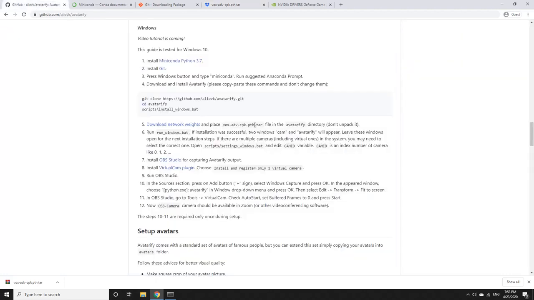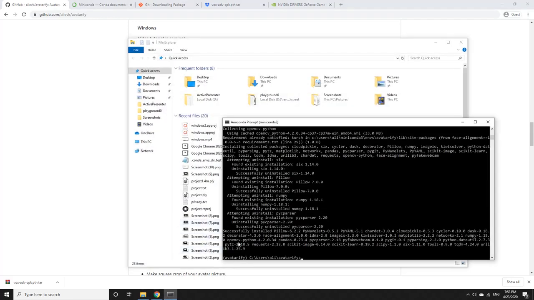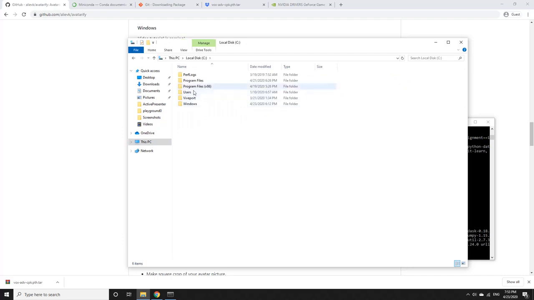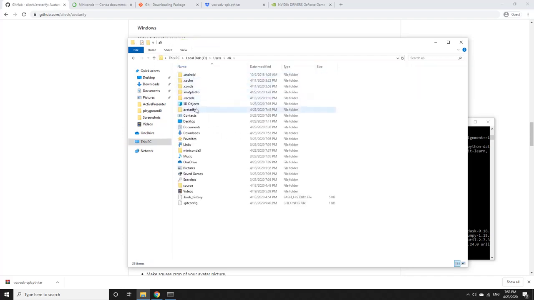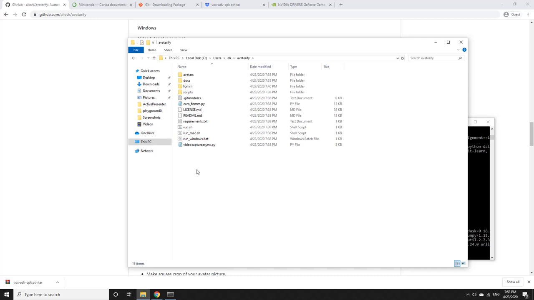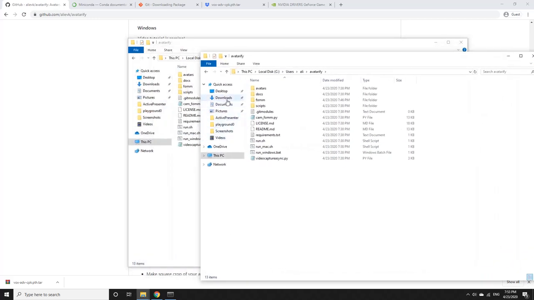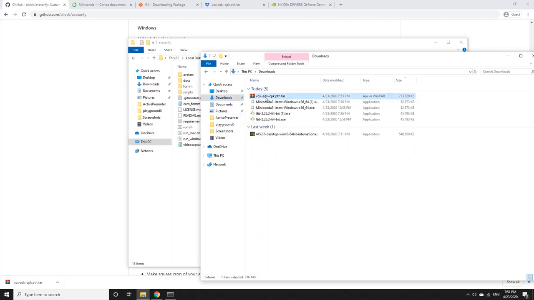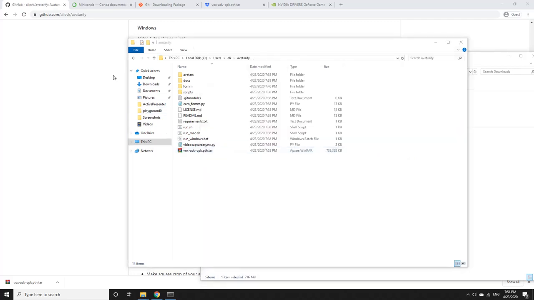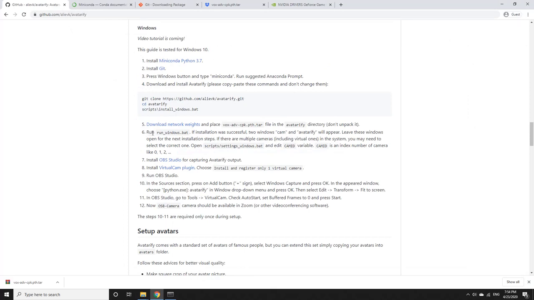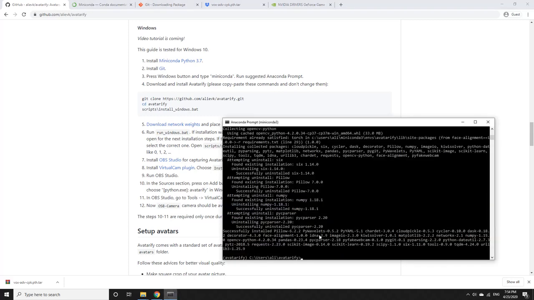Then place the vox .tar file in the Avatarify directory. Avatarify directory is where we cloned it: C users ali Avatarify. So we just copy that from downloads and paste here. And after that we have to run the file called run windows.bat in Miniconda. So type run windows.bat